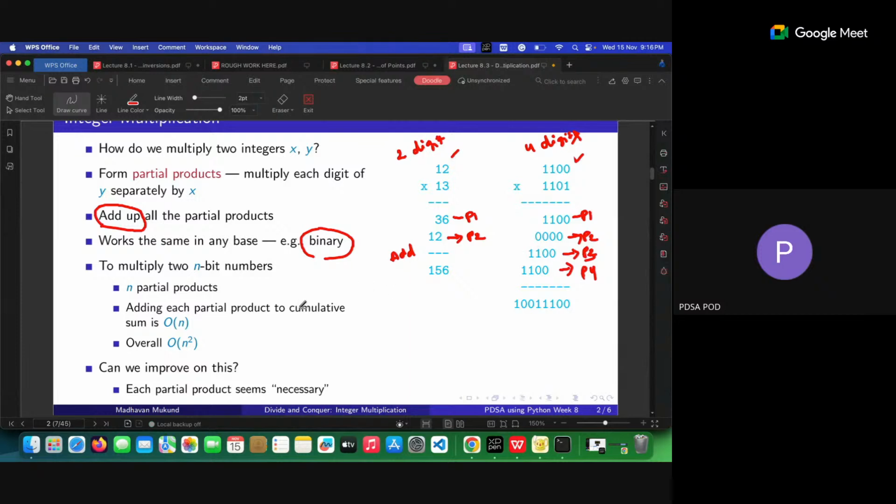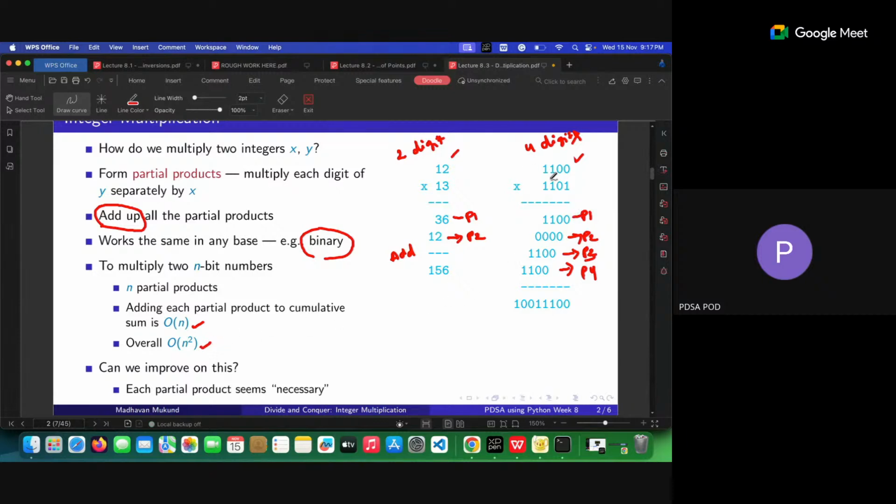So here, whenever n bits of numbers are there, let's consider the binary number. If n bits are there, definitely n partial products are there. If 4 bits are there, then 4 partial products. That's what it is said. So adding each partial product cumulatively is a sum of O(n), and overall it is n square,